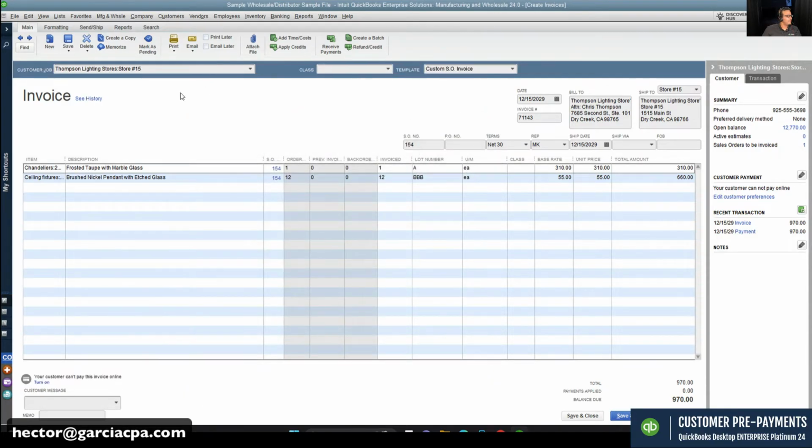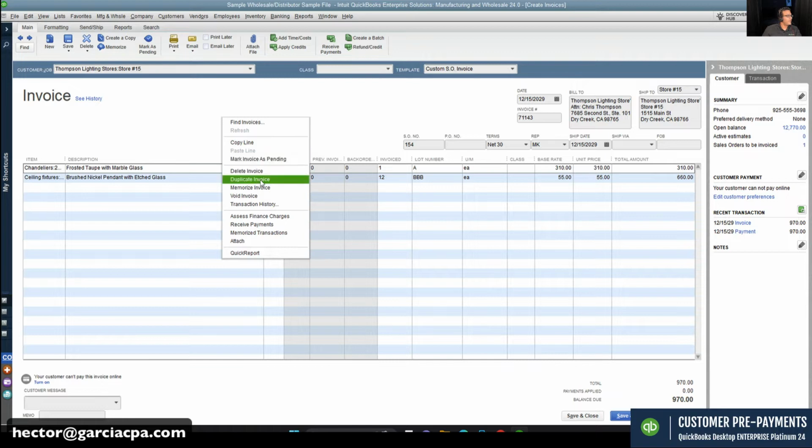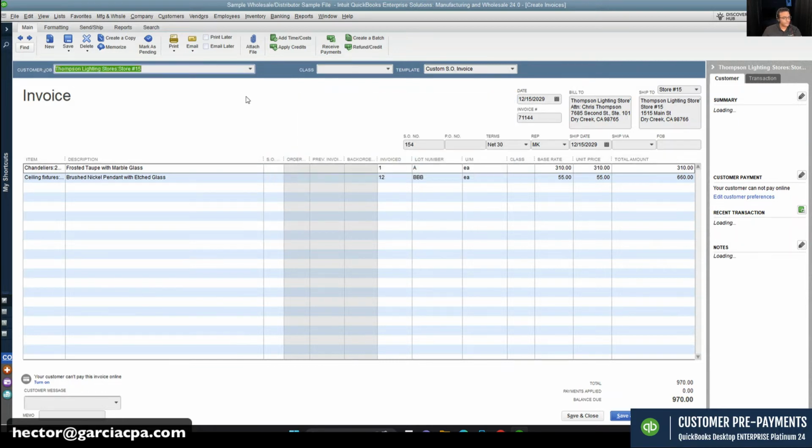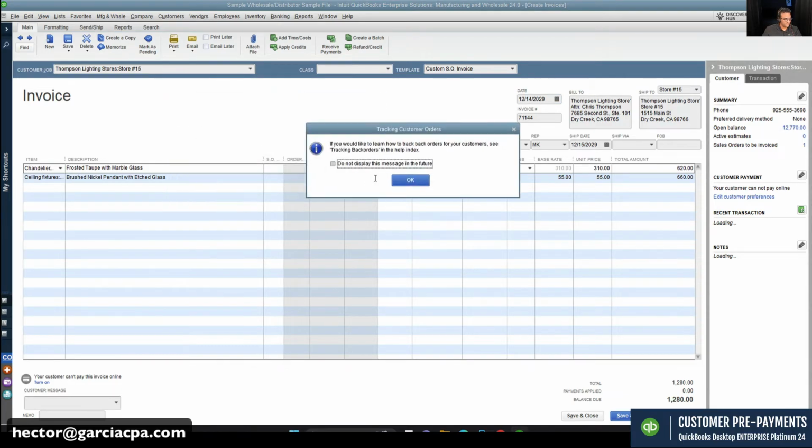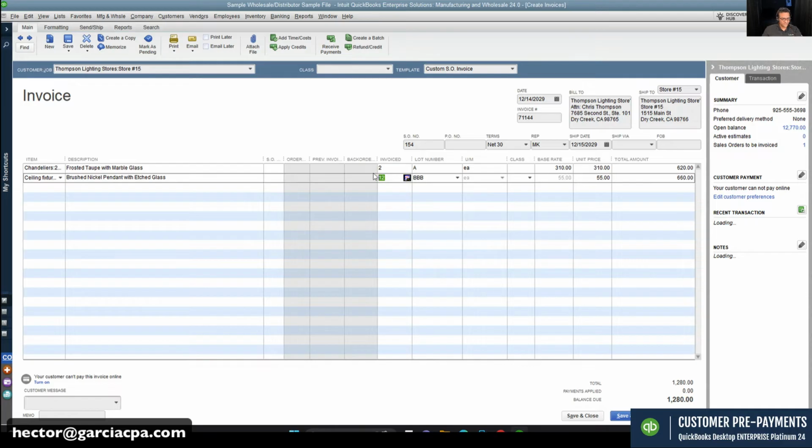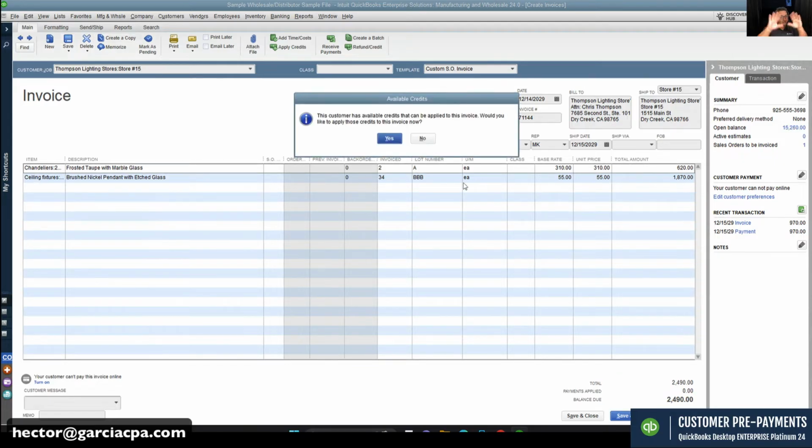I'm gonna duplicate this invoice, and we're gonna bring this backwards, maybe a day, and then we'll change a couple of things here, just to kind of show you the thing. And then this one doesn't really have a link to a sales order in any way, shape, or form. So we'll click on save. Regardless of how many invoices you do for that client, you're always going to have that open credit. So when I click on yes,